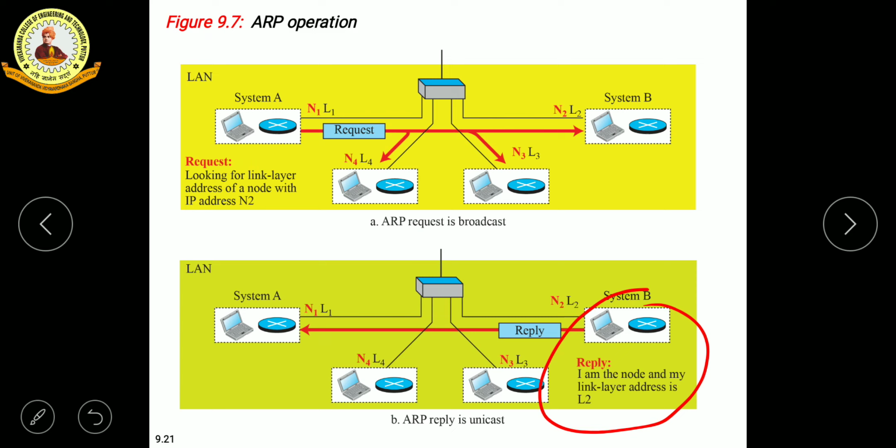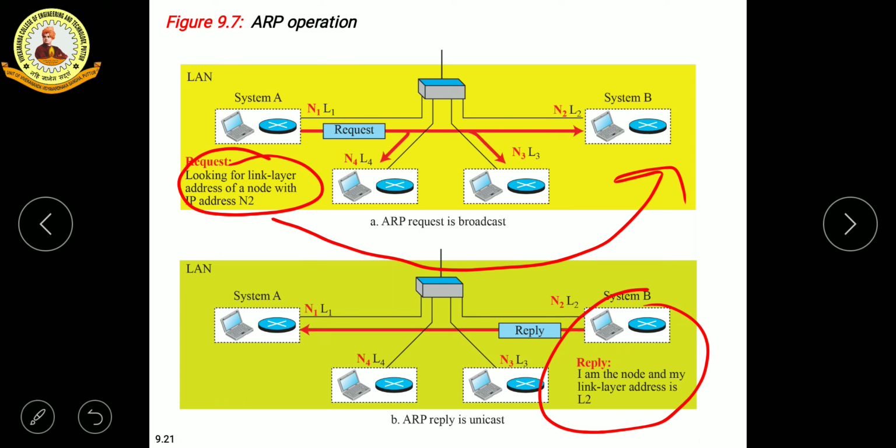This is a reply to system A. System A in the first slot is looking for the link layer address of a node with IP address N2. So it sends the request to all the nodes, and each of them will check